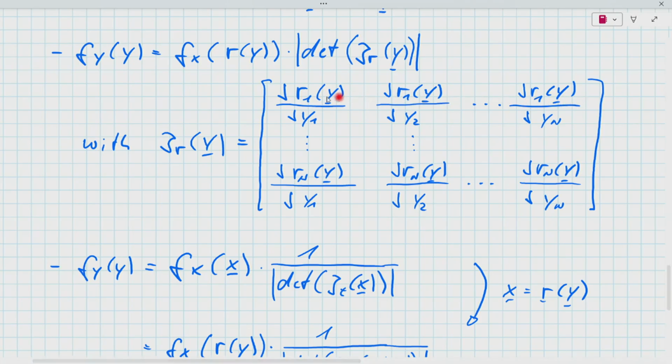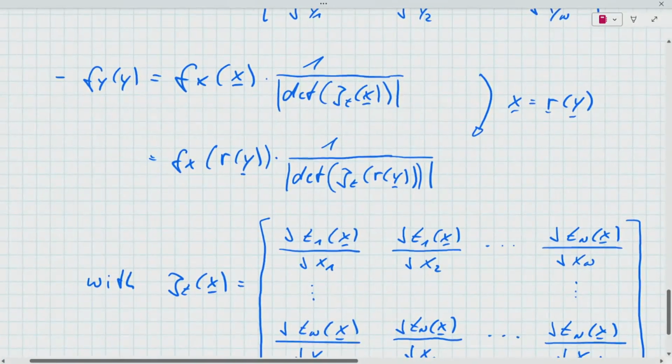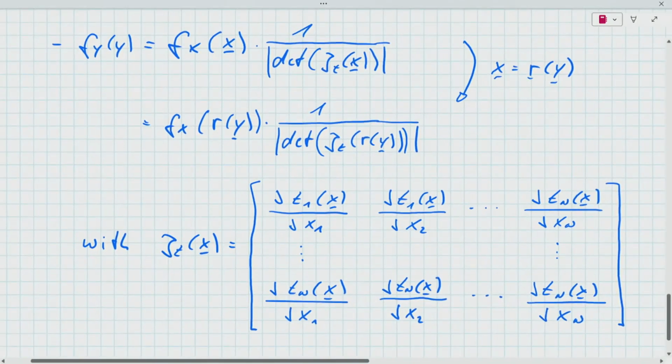So the first row is R1, and then we take the derivative with respect to y1, y2, and yn, and so forth. And one column is related to the first variable, the second one, and so forth. And then we have the dual formulation